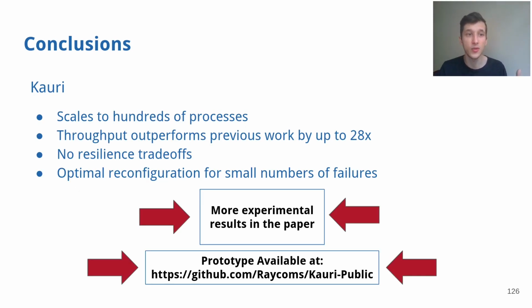Concluding, Kauri scales to hundreds of processes, outperforming previous work by a factor of up to 28 times without requiring any resilience trade-offs, and still offering optimal reconfiguration for a small number of failures, which arguably is the most common case. We have much more experimental results in the paper, so check that out, and we also have a